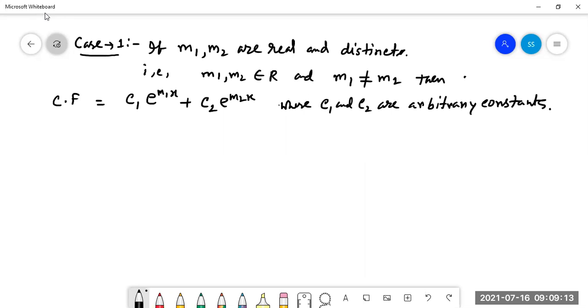When both of the roots of the auxiliary equation are real but unequal, then the complementary function is C1 e to the power m1x plus C2 e to the power m2x,